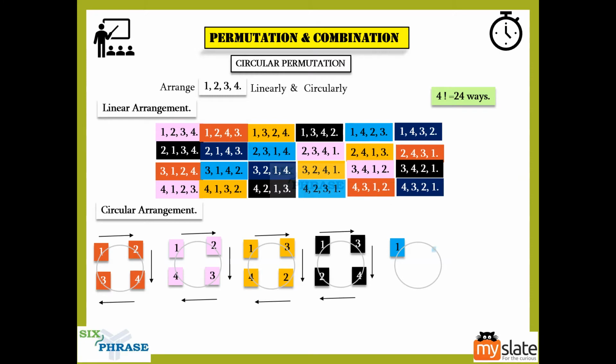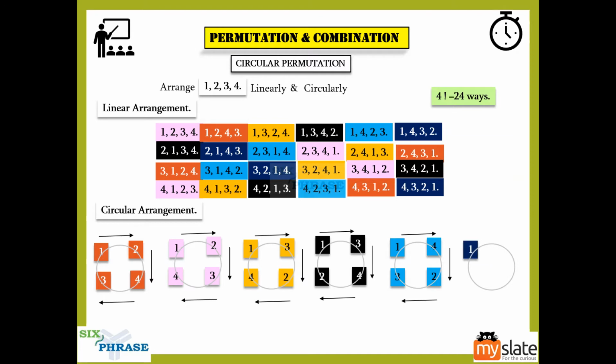So the next one will be 1, 4, 2, 3, guys. You can see 1, 4, 2, 3, then 4, 2, 3, 1 is marked in blue. 2, 3, 1, 4 marked in blue. 3, 1, 4, 2 marked in blue. Yes, 1, 4, 2, 3 again marked in blue. You can see all the blue things, so all the blue things are also accounted for.